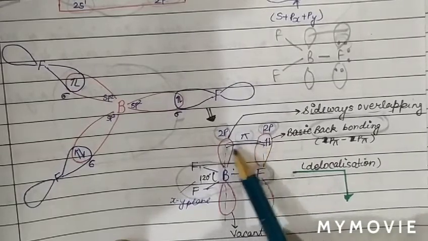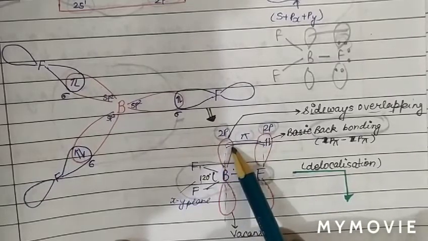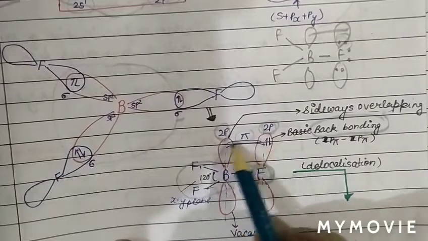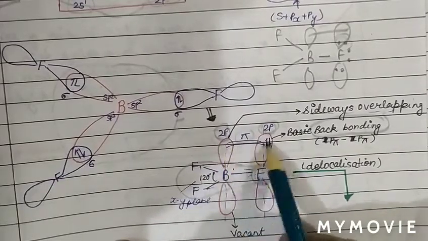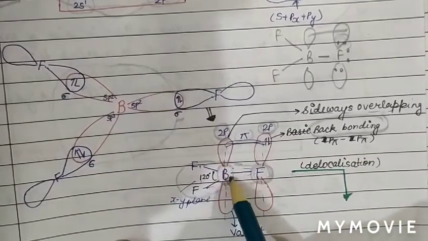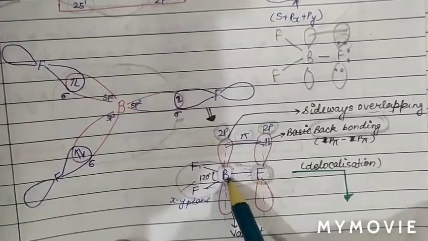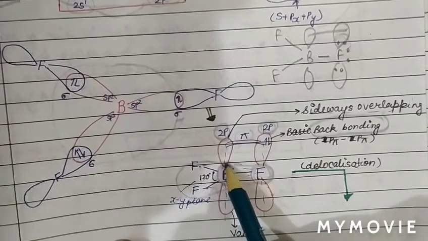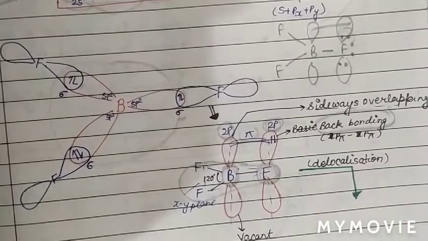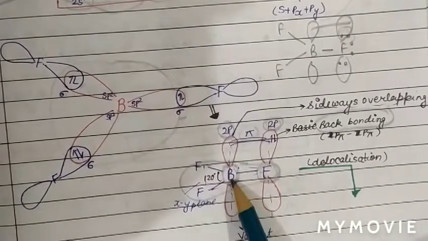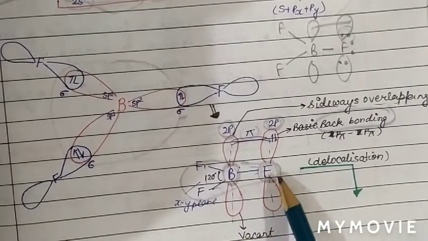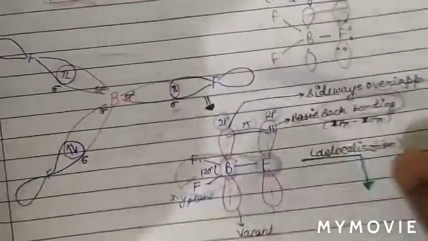Why? Due to the small size of boron, there is effective overlapping and effective donation of the electron pair. So basically fluorine will donate its electron pair with maximum power, because there is effective back bonding, due to which the electron deficiency of boron decreases, due to back bonding from fluorine to the boron atom. Therefore the Lewis acid character of BF3 is least. Back bonding is strongest in BF3 and decreases from BF3 to BI3, because the size of the atom increases and effective overlapping decreases.